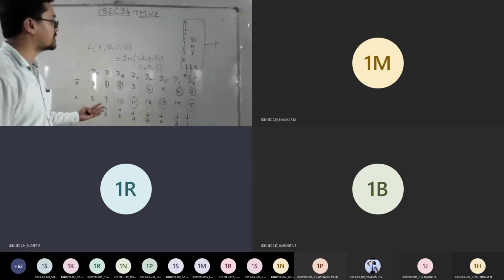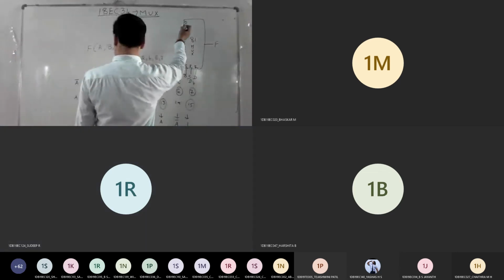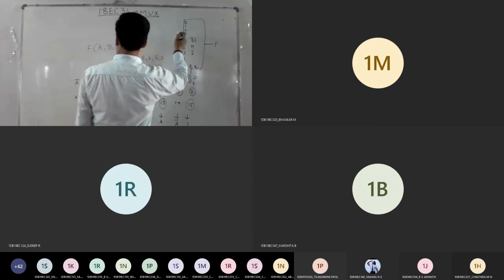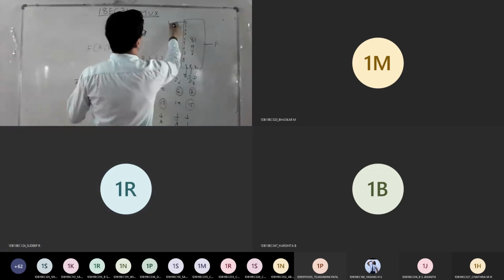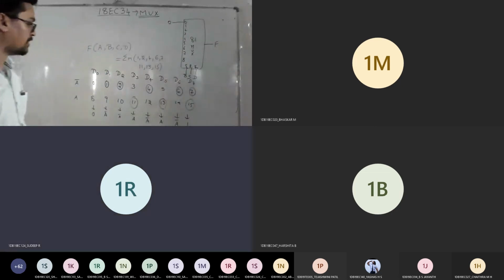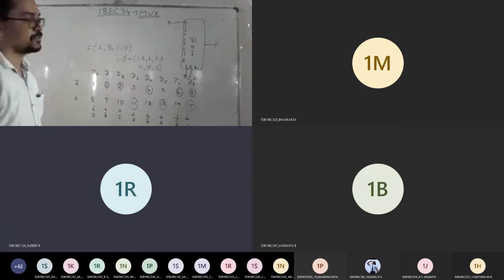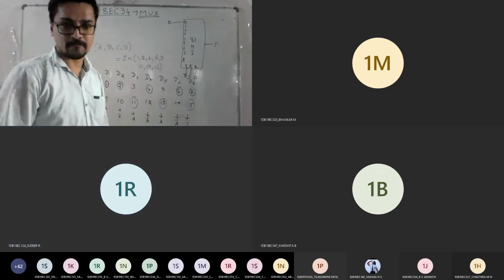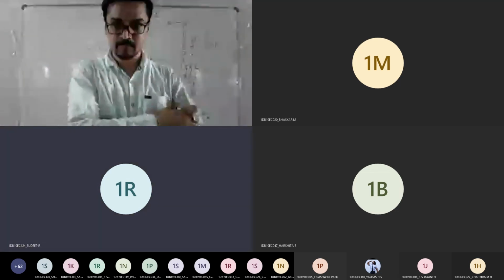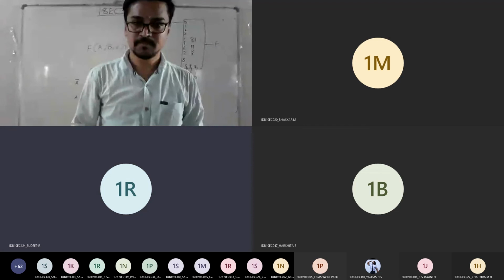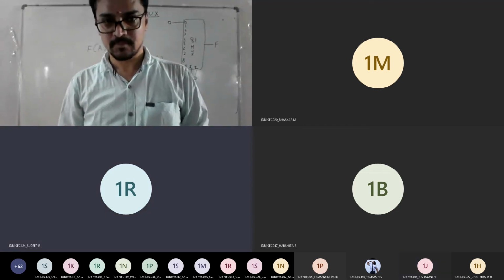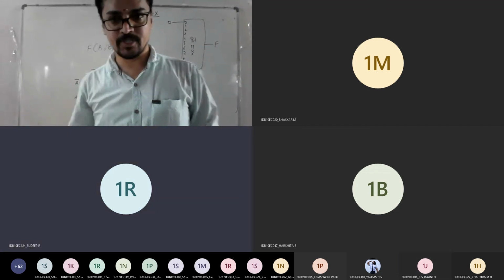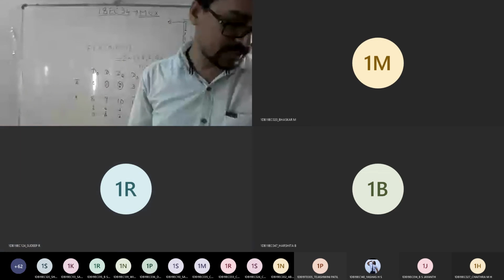Just connect these inputs there. D0 is 0 only, then A bar. I hope you understood the logic now. Am I clear? Yes, sir. Okay, you just finish it off.